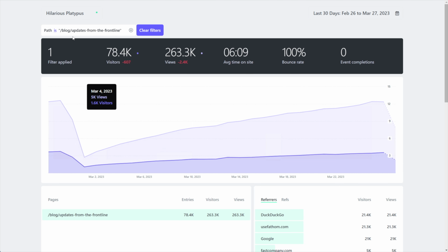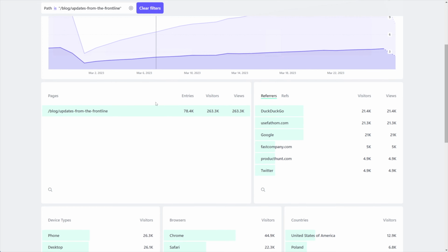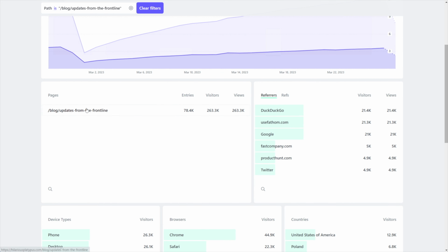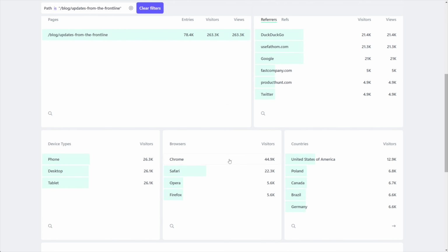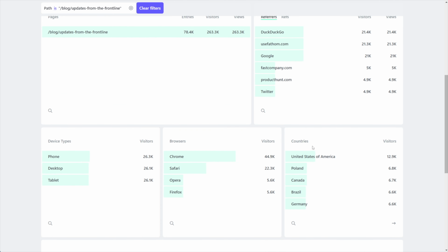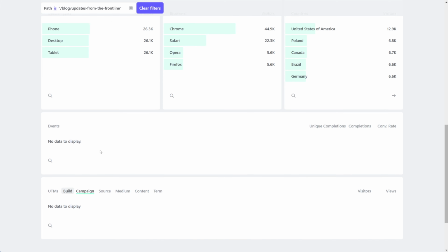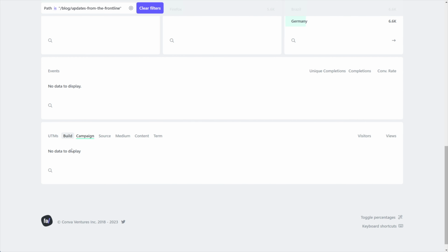If I scroll back up to the top, notice here a filter section has appeared, and we're just looking at the path for this blog post. Now the numbers up at the top have also completely changed to represent just what's being shown in this filter. And if I scroll back down here, you can see here's the page we're looking at and the referrers for this page. I can scroll down and see things like device type, browsers, countries, and down even further, events and